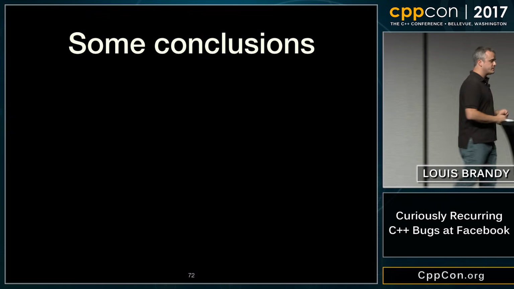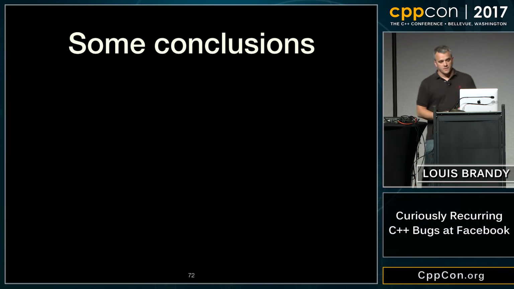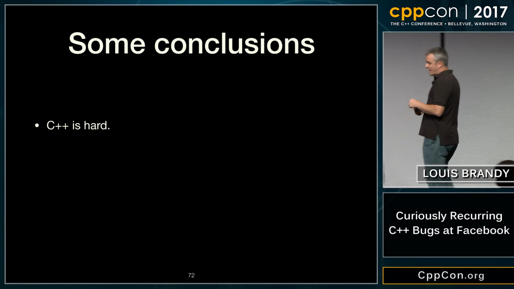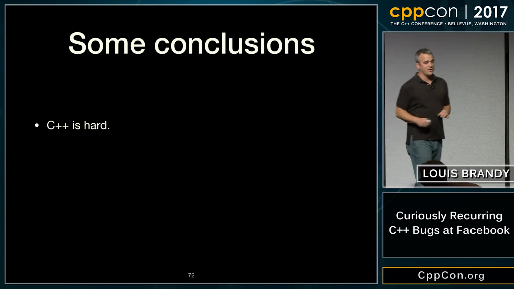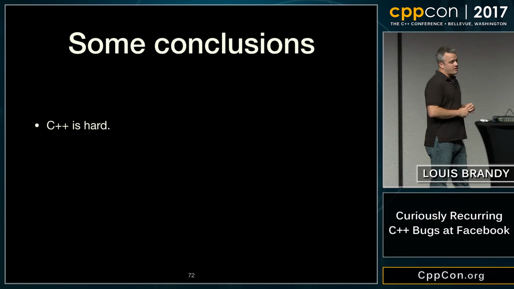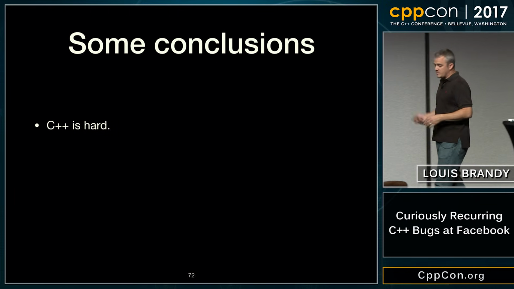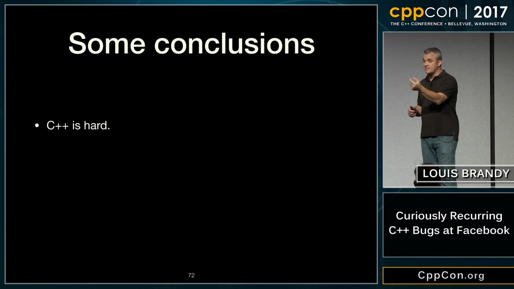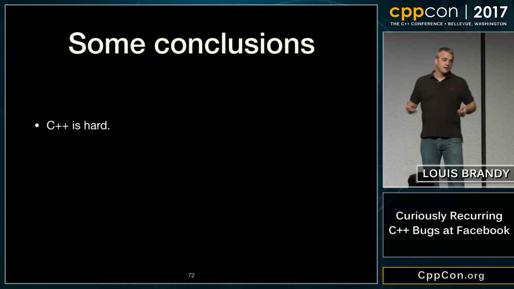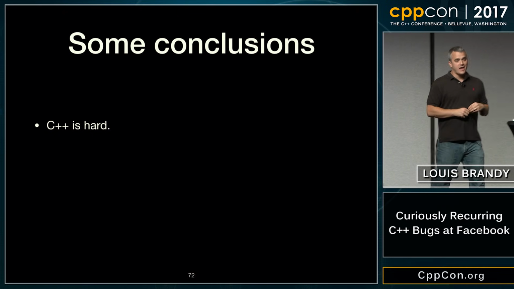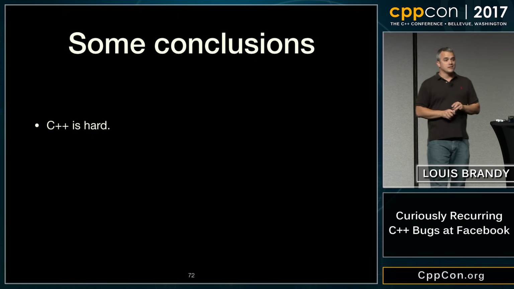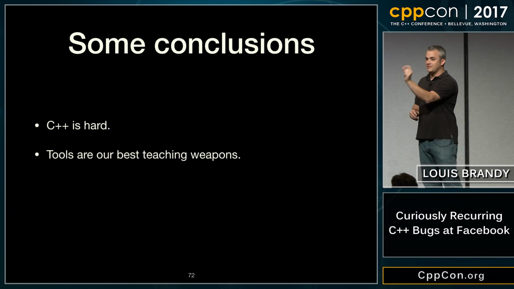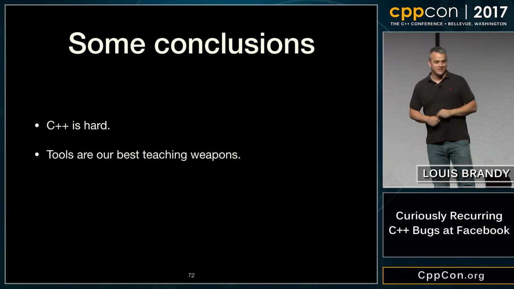All right, so conclusions. C++ is hard. That's not fair. It's kind of a value judgment, but we should just admit it, I think, okay? C++ is hard. Like a lot of this stuff here, we've had some of the best C++ people spend a week finding a bug and at the end track it down to their lock guard missing a G, right? And that stinks. And the consequences of that are really, it's a painful thing to debug. It's an incredibly painful day to find that bug. And it's a one character change, right? The patch is one character.